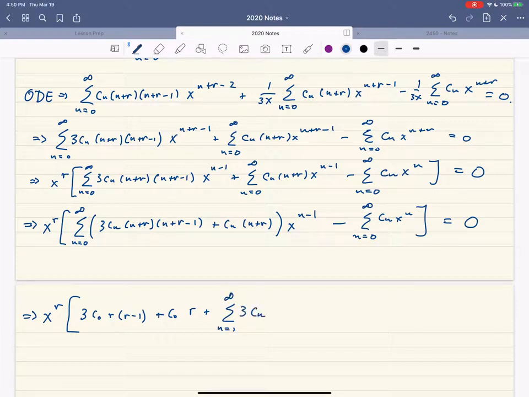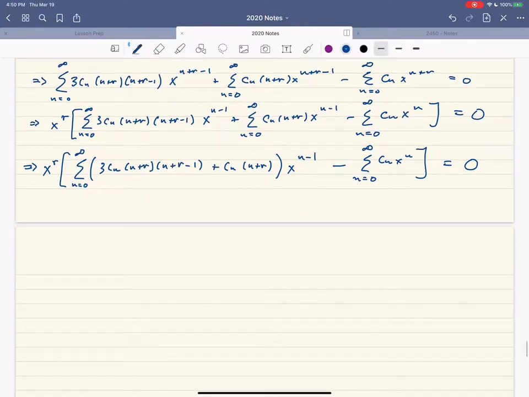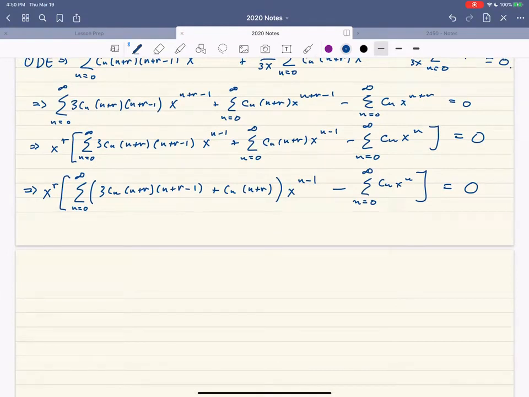3 c sub n. Actually, let's also combine. I'm doing, I think, too many steps at once for the first one. So let me break it up. I was tempted to do two steps there, but let me just do one step at a time. So before we pull out the n equals 0 term, what I want to do, as silly as this is, it'll just save us a little bit of time,